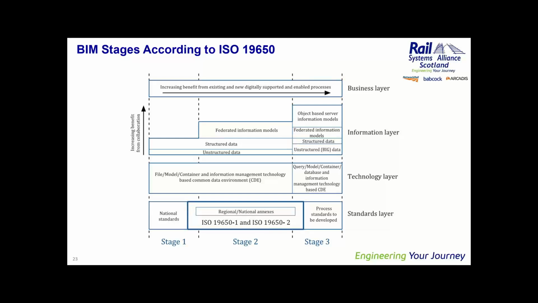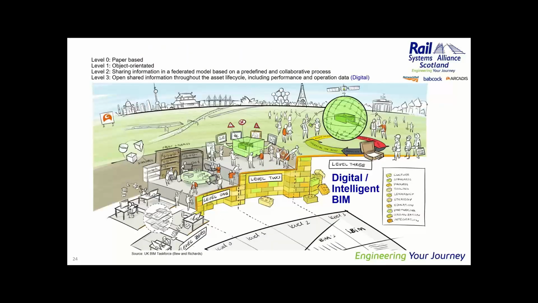So when we did talk about BIM levels 0, 1, 2, and 3, somebody came up with these fancy graphics, and I think they're still very valid because they describe the process anyway. So at level 0, we had paper-based, and you're familiar with sitting in an office, a drawing office, and producing your designs like this, and you hand over the paper or you hand over a zip drive with some files on it.